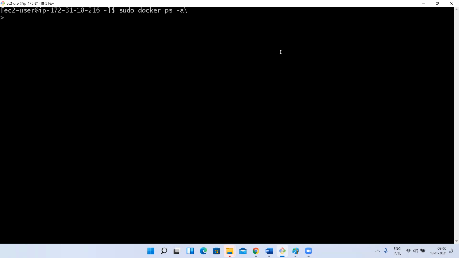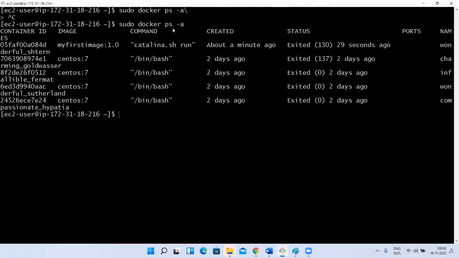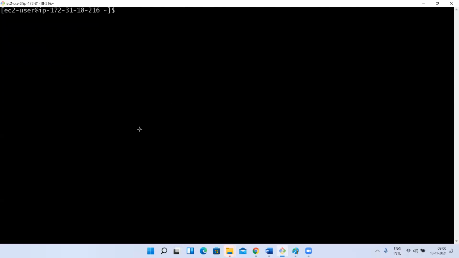Yes, minus a. If you observe this, the container will be in a stopped state. Just now we started this using my image, we created one container, right? So it is in exited state. Why did it go into exited state? Because we haven't started with detached or interactive detached mode. When I closed the terminal, it stopped. But I was unable to access it also, right? Why was I unable to access it? We'll see in some time. Let's start one by one.